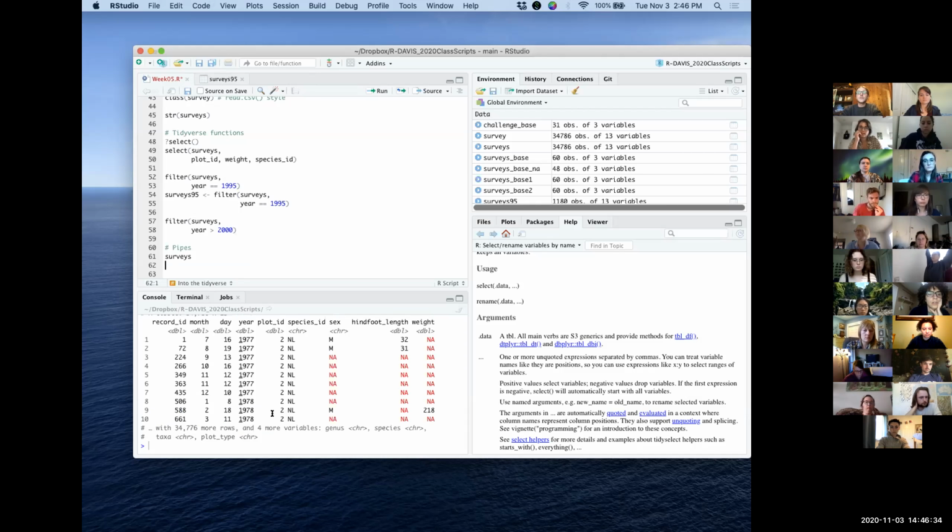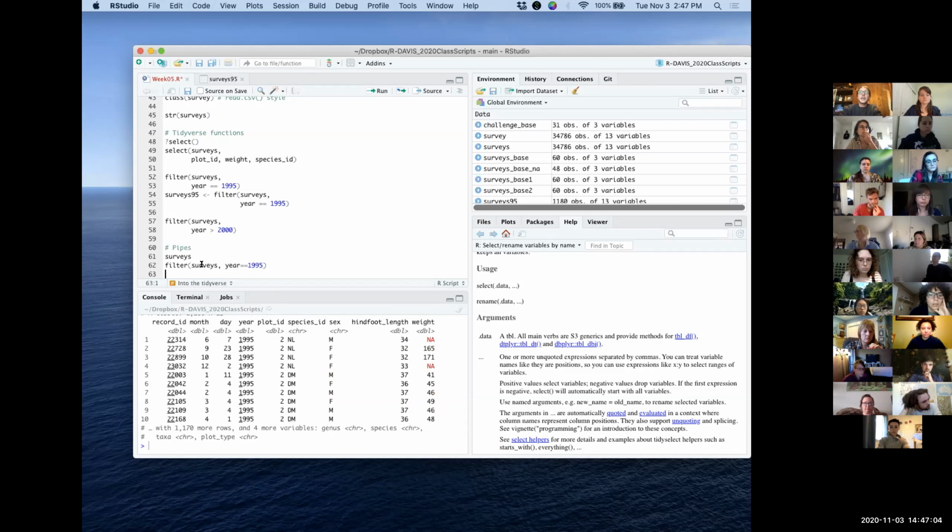And we can look at that just like we did before, and it shows us the top 10 rows, but it's really a tibble with almost 35,000 rows. And we want to filter surveys like we did up here to just include the year 1995. Rather than using filter and then put surveys inside of it, like this,